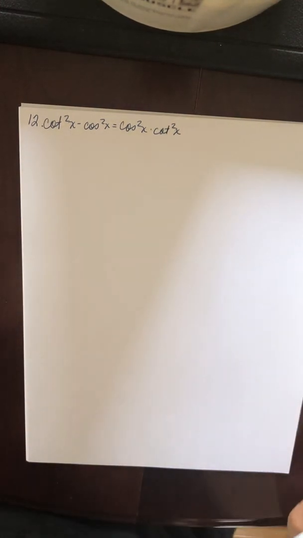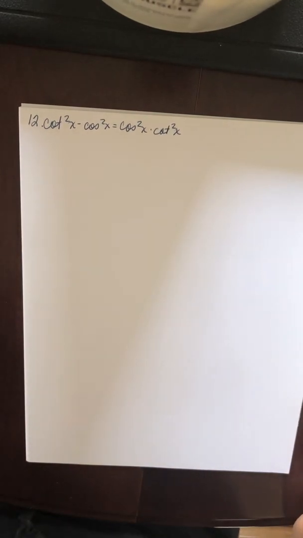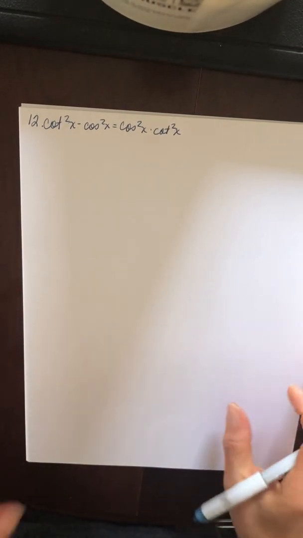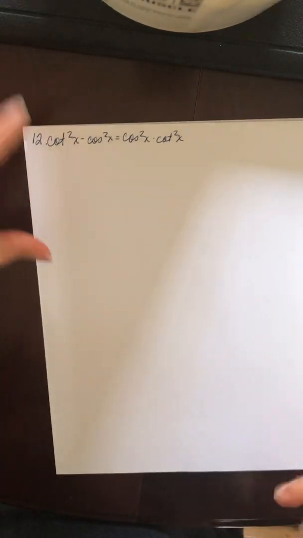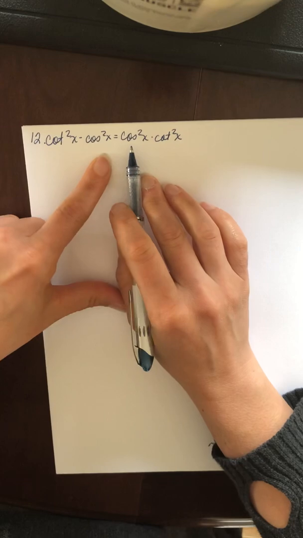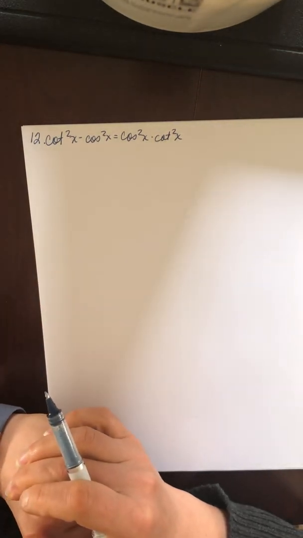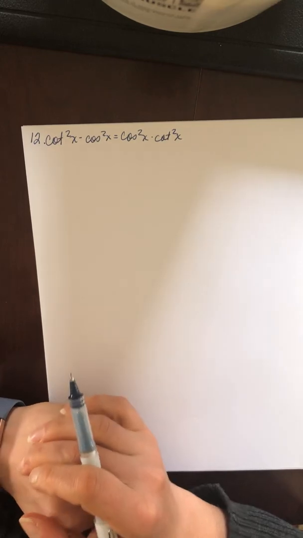Okay, so here we are on number 12. And I am going to start with this one, and I will turn this one into sines and cosines. Just again, maybe why? Well, I have cosines in some of them. Maybe it's easier to get this in terms of sines and cosines. I don't know. Sometimes it's just a guess and check kind of thing. I know that's not a really great answer, but again, the more you do it, the more you kind of